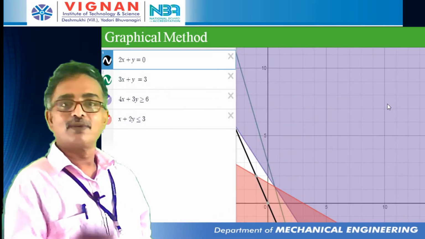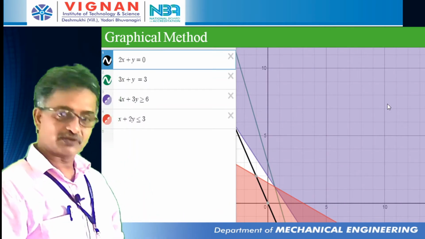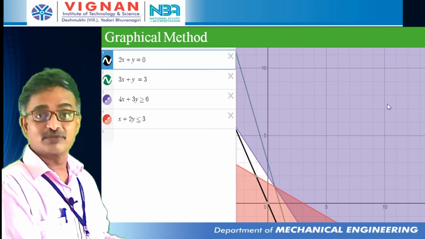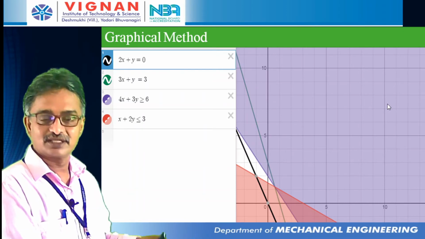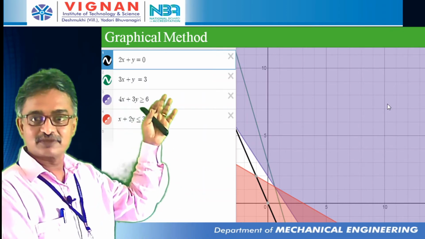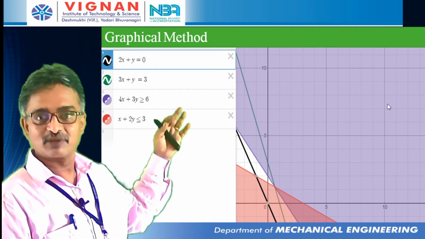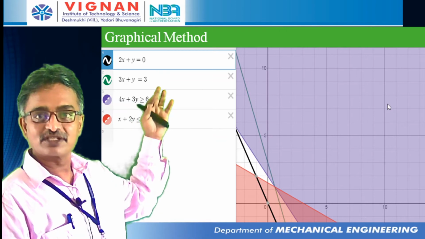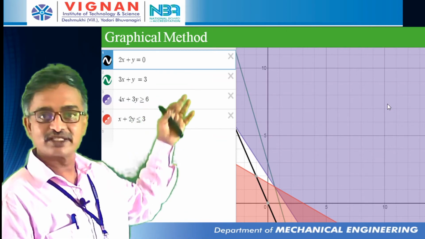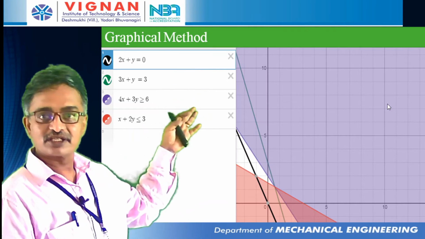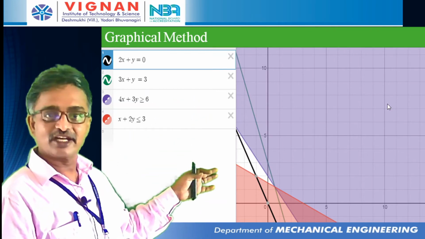Now this formulation can also be solved by the graphical method. Here I placed it in a tool which permits not x1, x2 but x and y. So the same formulation is placed here as your objective, constraint 1, constraint 2, constraint 3. It generates